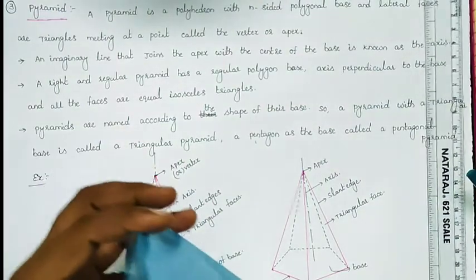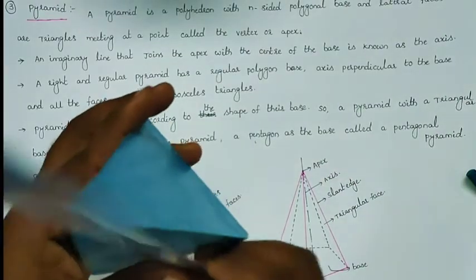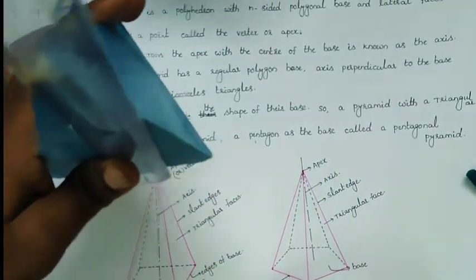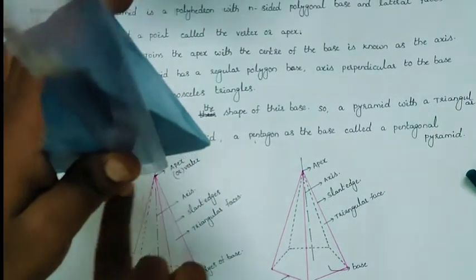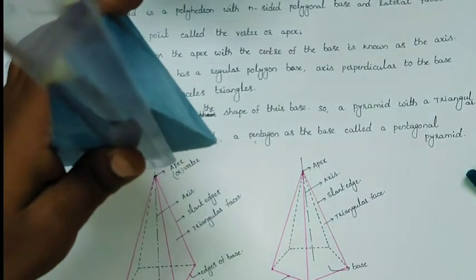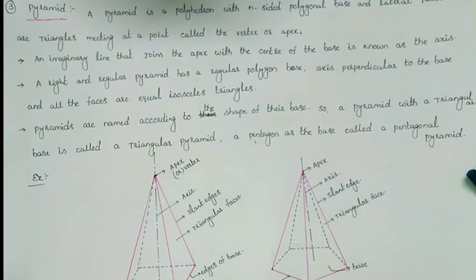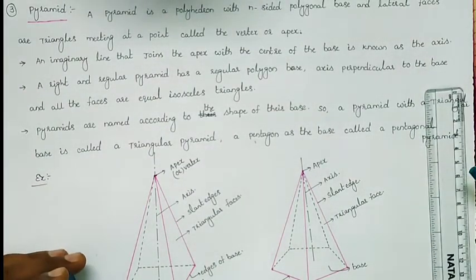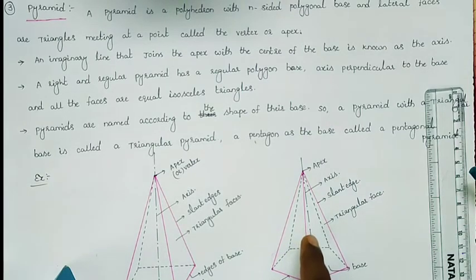Suppose this is an imaginary line that joins the apex and the base center. We can call it the axis line. I already discussed the axis line in the lines representation. The axis line is always represented with a small dash, long dash, small dash, long dash, small dash. So it is a continuous thin line. We can represent it by using a 2H pencil.